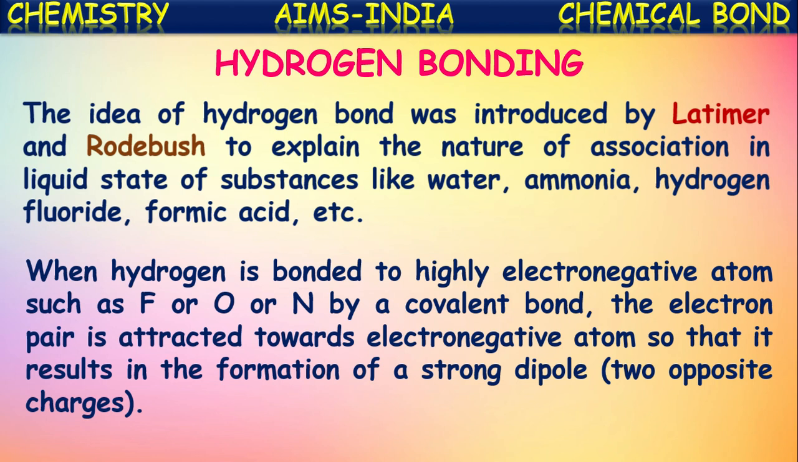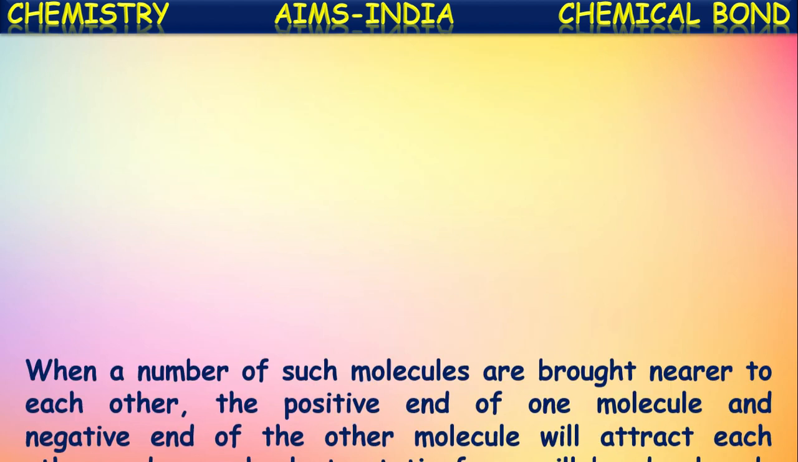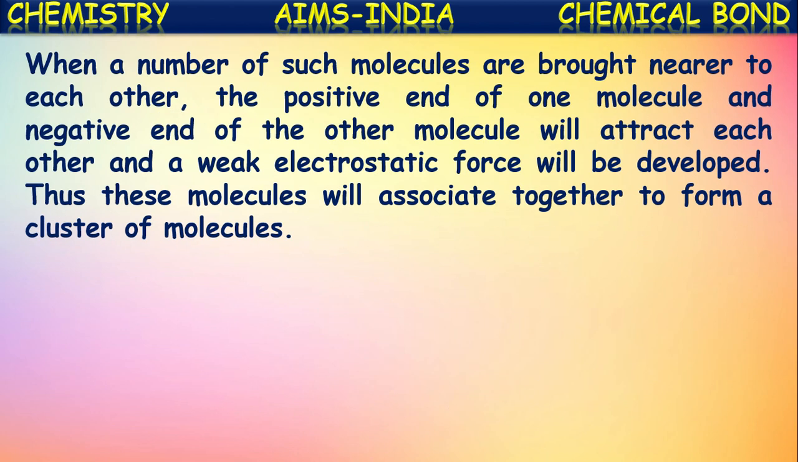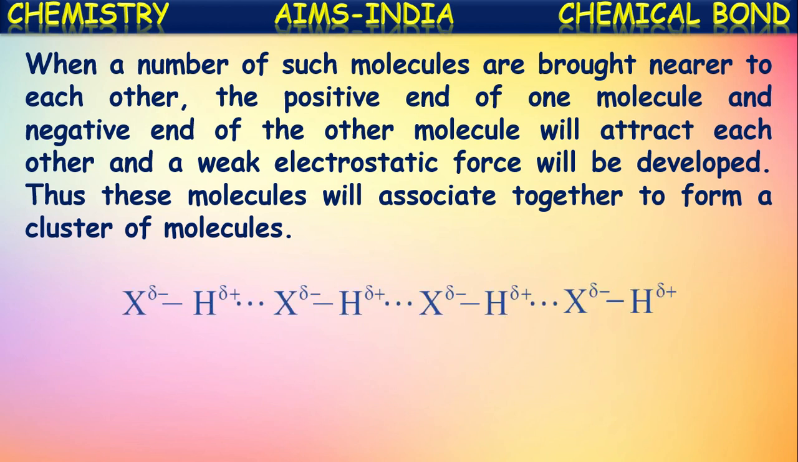Hydrogen attains a slight positive charge, whereas fluorine, oxygen or nitrogen attain a slight negative charge, and thus a dipole or polar bond is created between them. Now, when a number of such molecules are brought nearer each other, the positive end of one molecule and the negative end of another molecule will attract each other, and a weak electrostatic force will be developed. See here, for example,